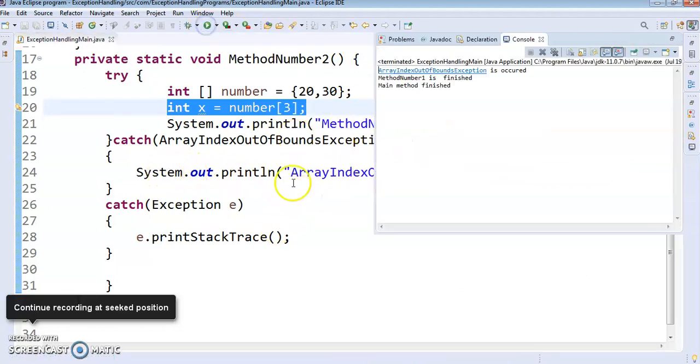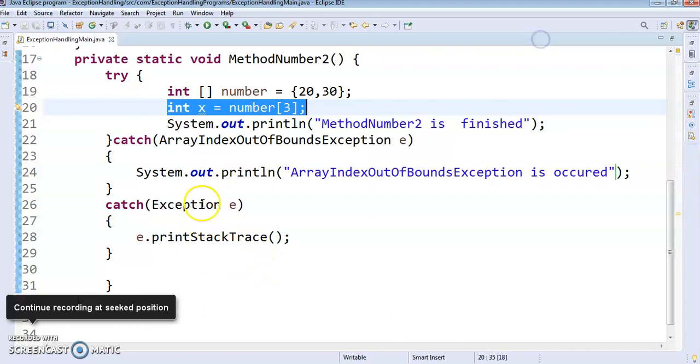We will execute this one. Now observe carefully, array index out of bounds exception has occurred. It is not giving the general exception. In the earlier one you saw three red lines showing on which line the exception was caused. So if you know the specific one, then you can also give the specific one.